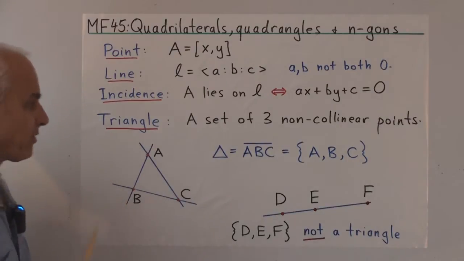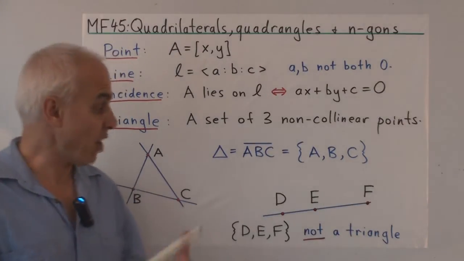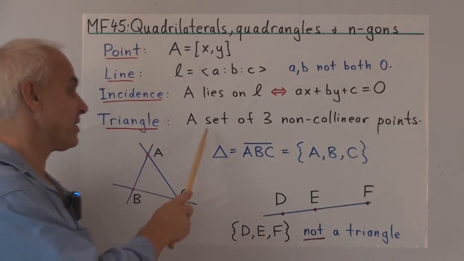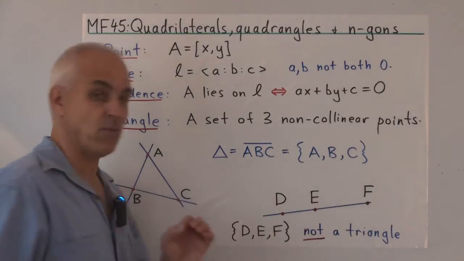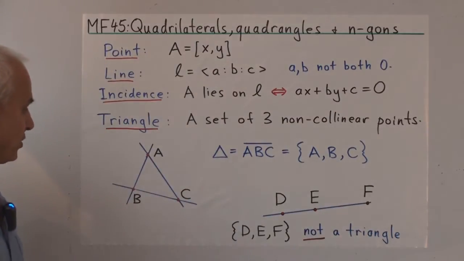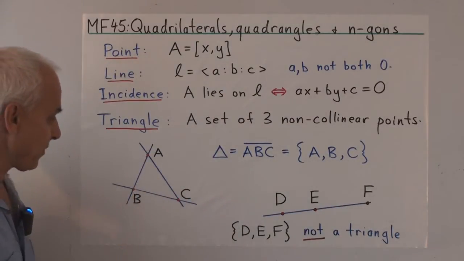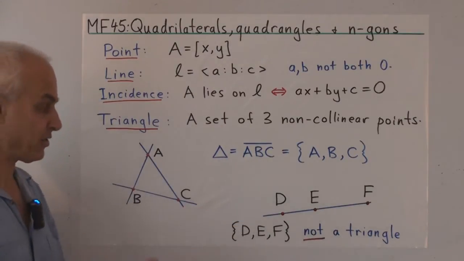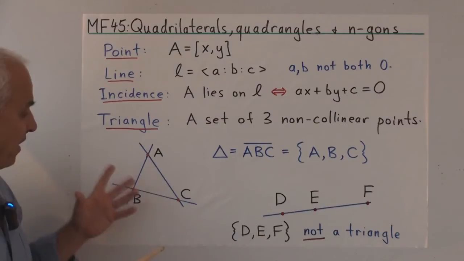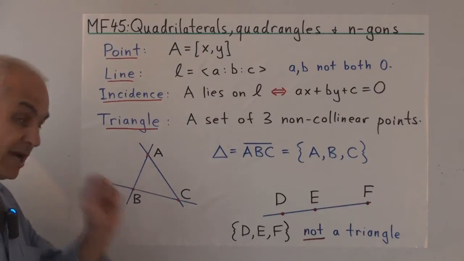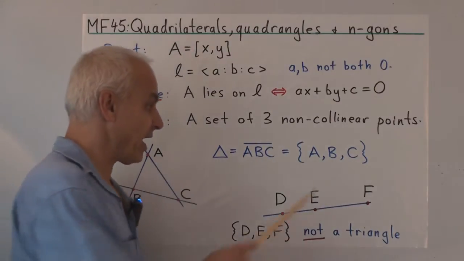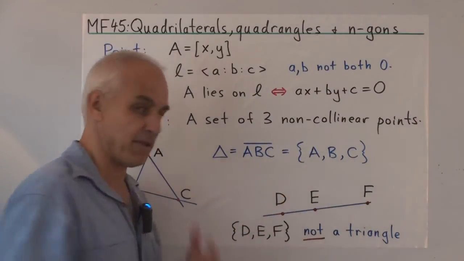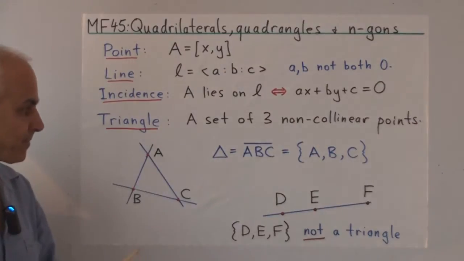And we talked last time about the definition of a triangle. This is just one of several possible definitions, but it's a very convenient one. For us, a set of three non-collinear points is what a triangle actually is. So here's points A, B, and C. They are not collinear. In other words, they do not all lie on a straight line. And so they define a triangle. And precisely it means that the triangle is actually a set. So it's a set containing three objects. The three objects are these 3 points.